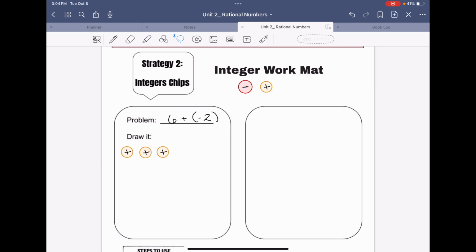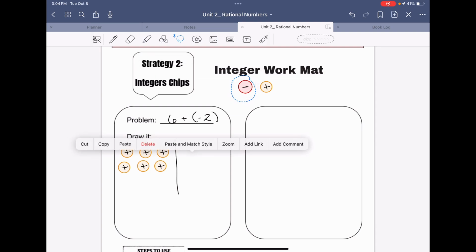So I'm going to get 6 chips down on my paper. So there's 6. And then I have 2 negative values. So I need 2 red. So 1,